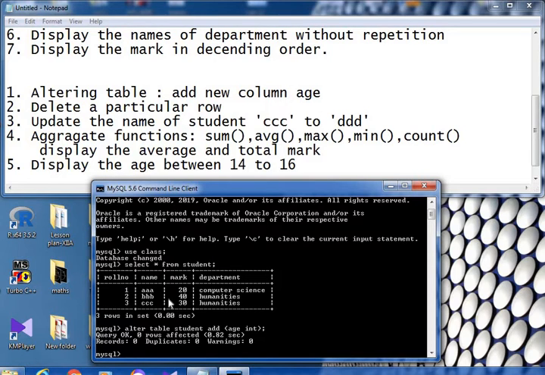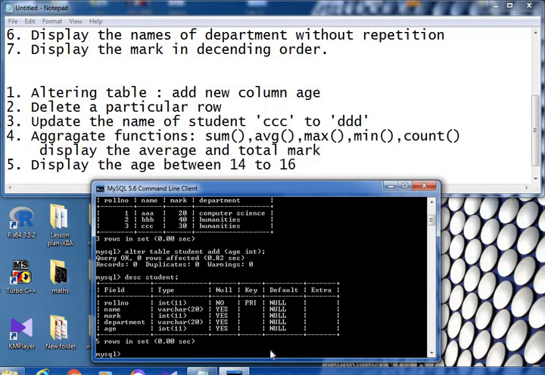If it is okay, it will show query OK. And if you want to see the structure of the table now, you can use the command describe or DESC table name. Now one more field named age is added.